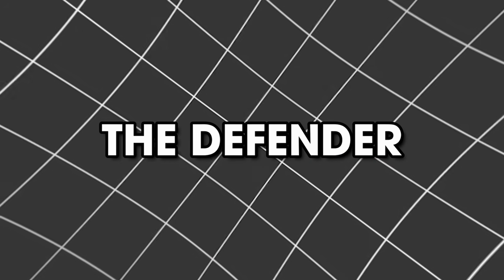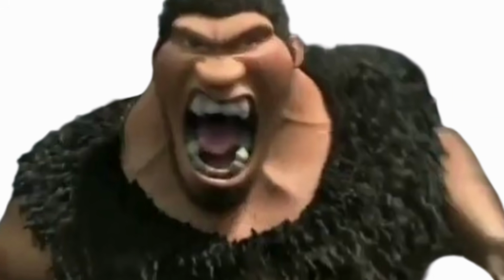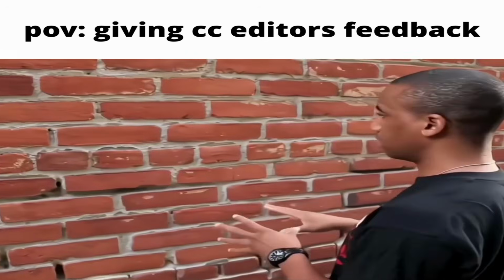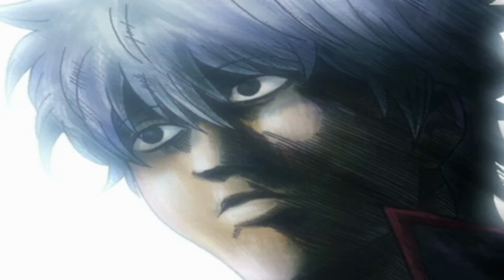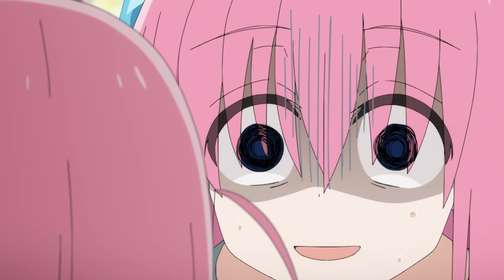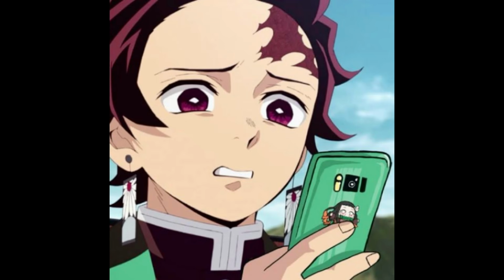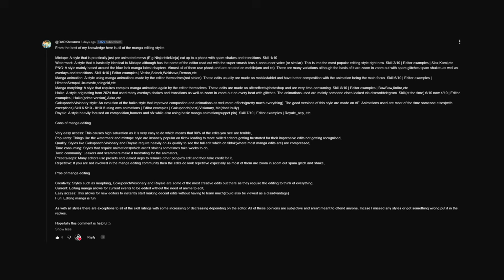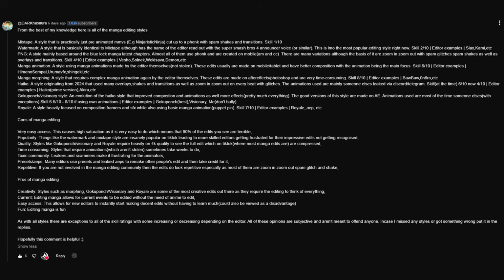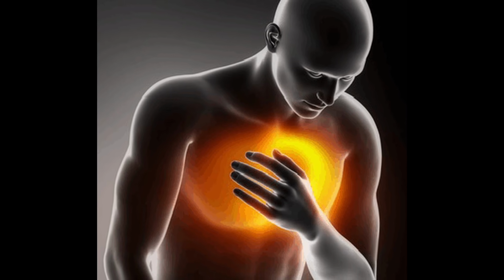The defensive CapCutter. The defensive CapCutter is the user that has been using CapCut since 2020. He actually knows the app well and is personally offended by any criticism that is made against CapCut, as if it was an insult made towards him. They take any insult so seriously, in fact, that they will raid your comment sections to the point of even doxing you if you get too crazy with your claims. They will write 3 paragraphs in the comments explaining why CapCut is actually the best software, but nobody was personally attacking them. Like, bro, why are you taking it so personal, bro?